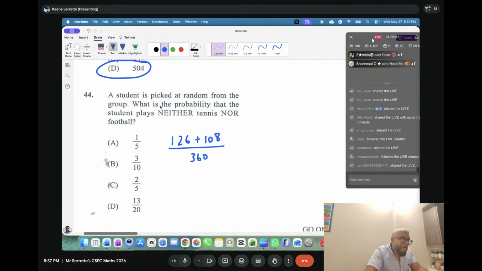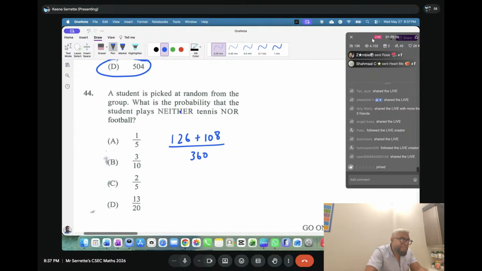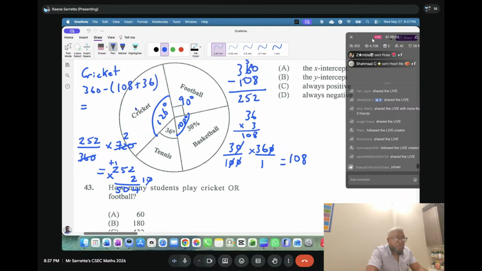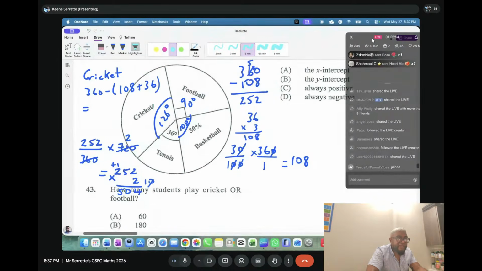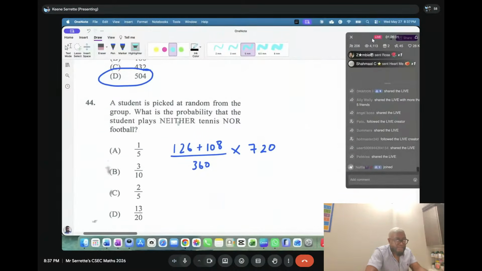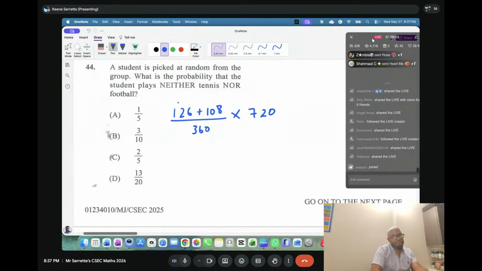We're trying to figure out the probability that the student plays neither tennis nor football. So we're trying to figure out how many students out of the 720 play neither tennis nor football. If they're not playing tennis or football, what does that mean? It means they're playing cricket or basketball, right? So that's why I did 126 plus 108. When you add up these two again,